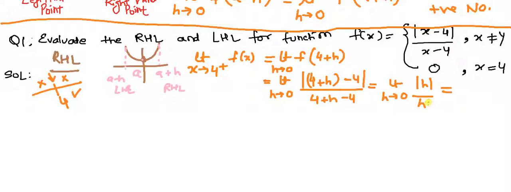Don't look at the limit. If you're asked to divide these two quantities, and h is something going to 0 in the positive direction, tending from this side, then h will be positive. So you'll consider this to be positive, and this is already near 0. So for this whole quantity, mod of h will be h only here. This is important. Upon h, it comes out to be 1.